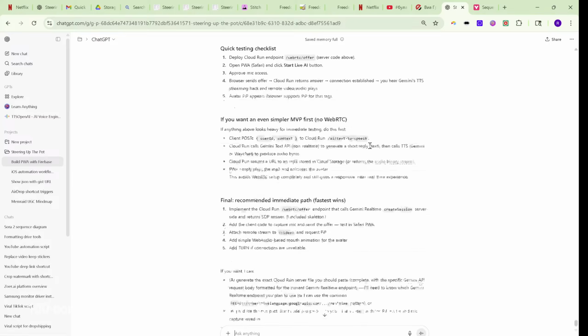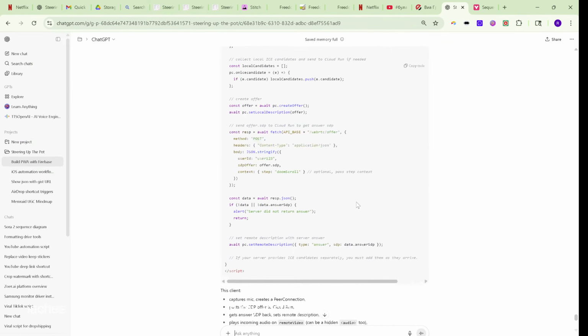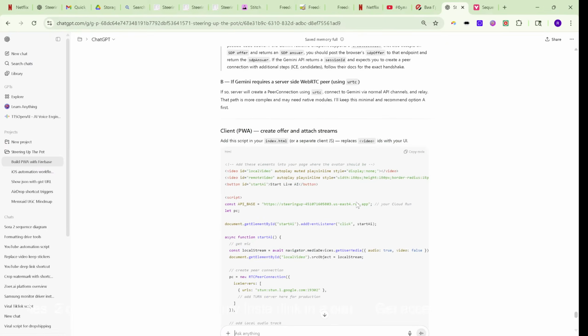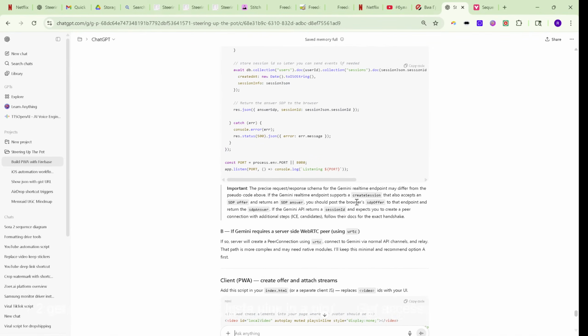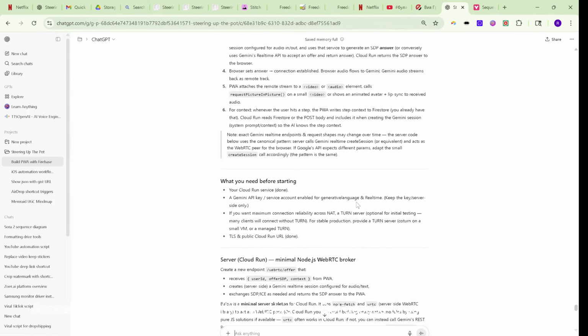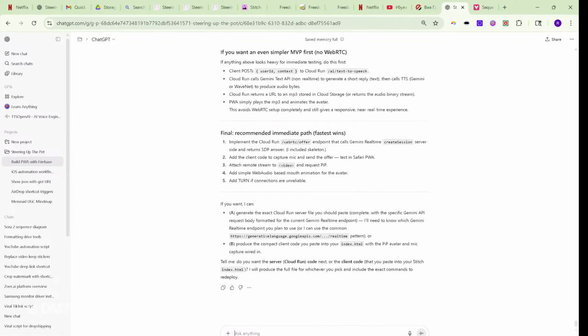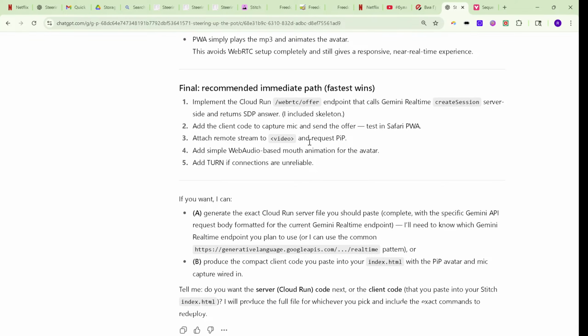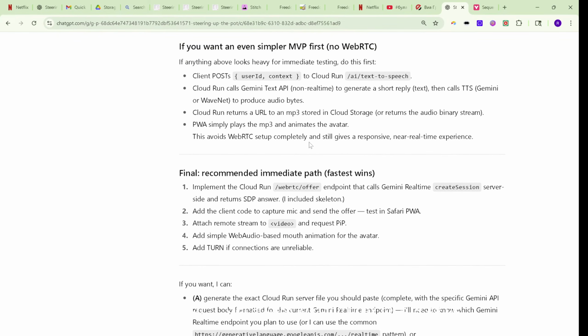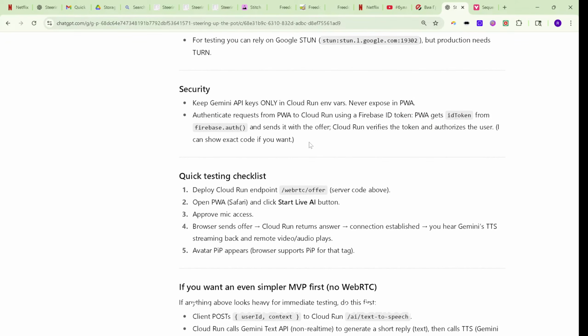Okay, so what do we got? Oh, okay. So we got a little something. Let's take a look here. So today, oh, that's a lot of information it generated. Is that the latest one? Hold on, let me just see. Okay, if you want, I can generate the exact Cloud Run server file. Okay, so we really need a quick testing